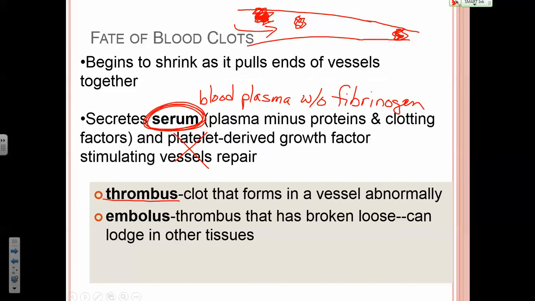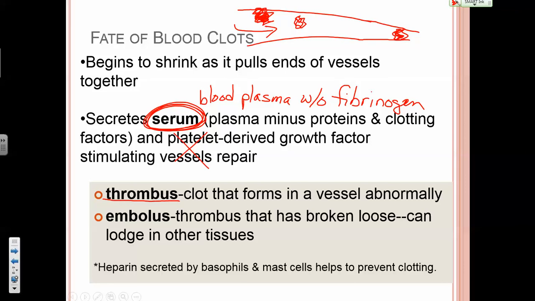And that embolus then is a blood clot that's moving around in the bloodstream. If it gets lodged in a tissue, once it gets lodged, that results in an embolism. You may have heard of that, embolism. For example, a pulmonary embolism is a blood clot that has lodged. A thrombus has broken off, and that embolus then has lodged in a pulmonary artery, which can shut